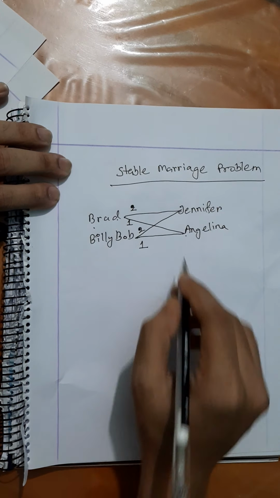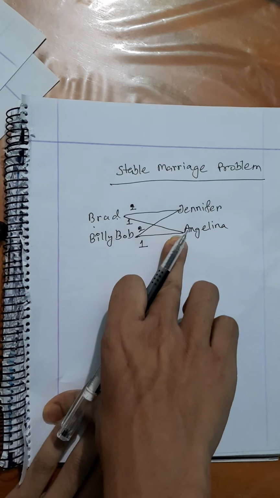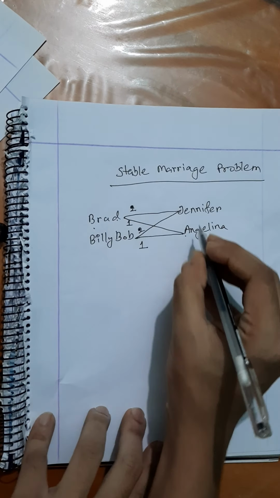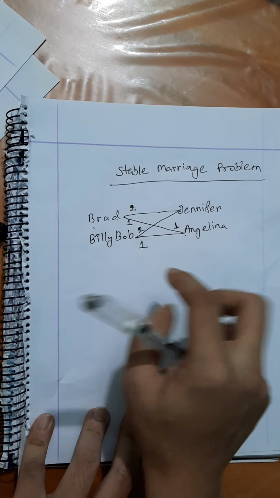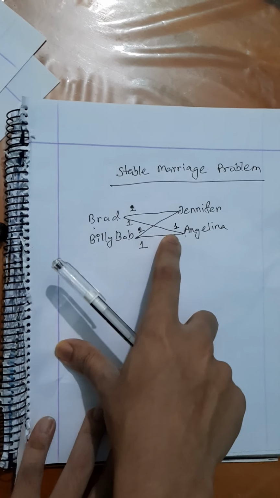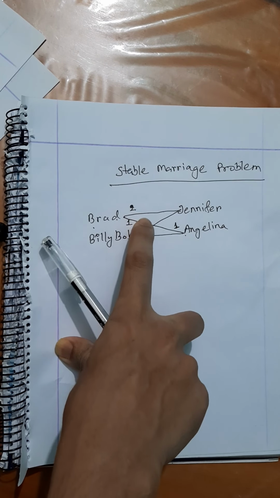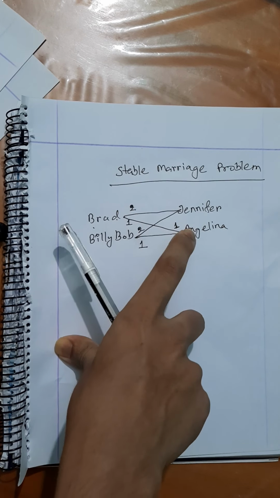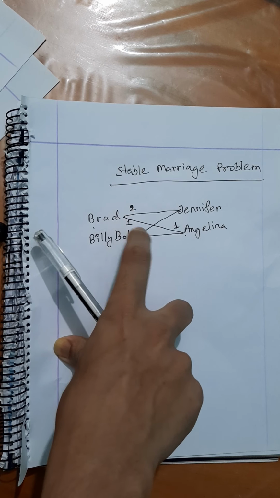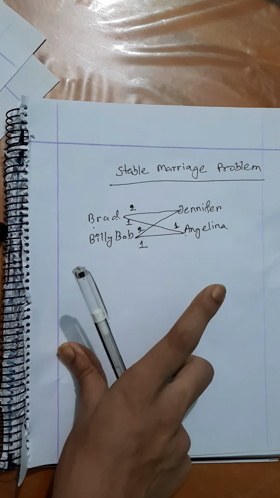Now what about the preferences of the girls? Angelina also likes Brad the most, so we will again put 1 here. I'm just using one edge to represent two preferences. This is basically a directional graph. From Brad to Angelina the edge cost is 1, and from Angelina to Brad it is also 1. For simplicity, I'm using only one edge, but you get the point, I hope.